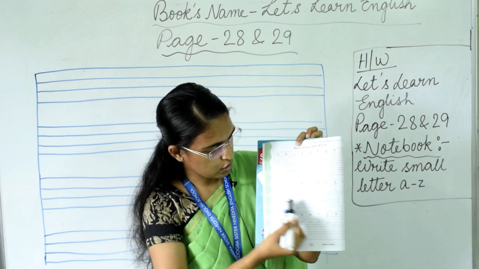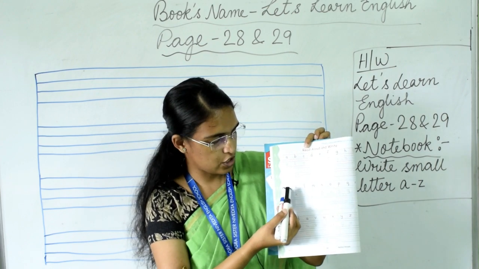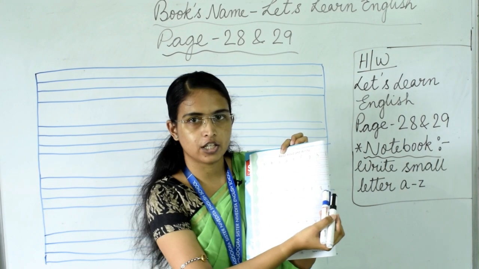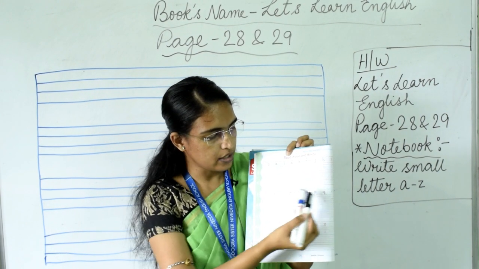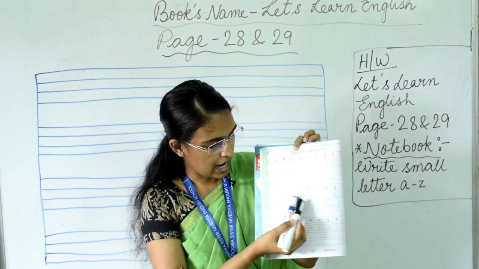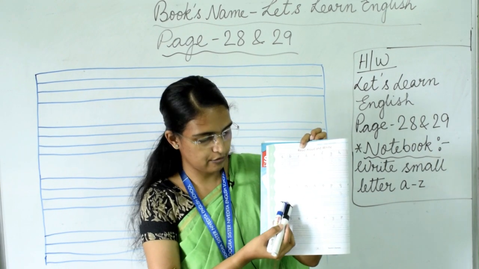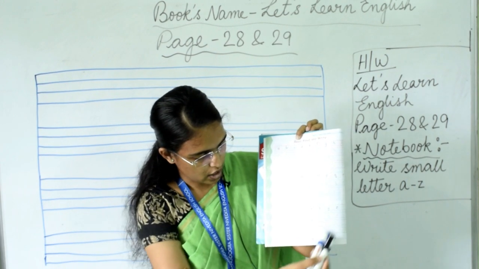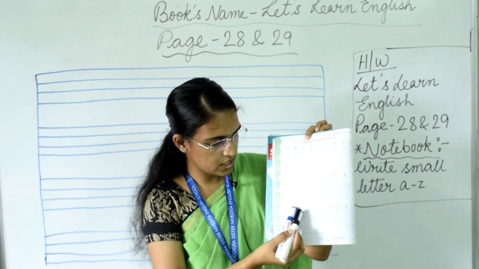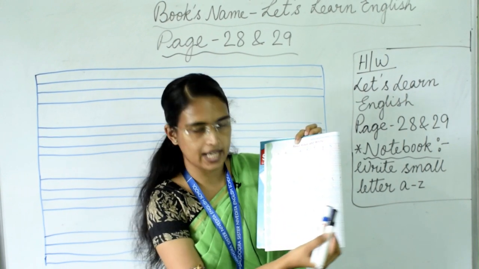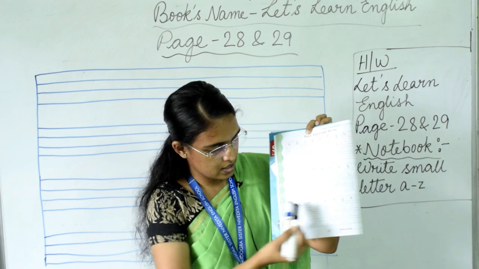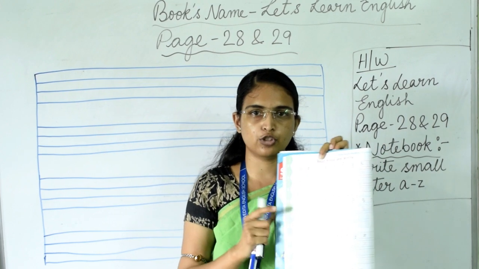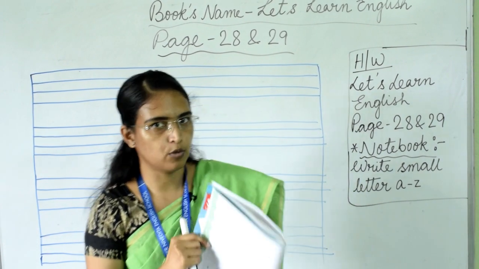In this box which letters are there? J, K, L, M, N, O, P, Q, up to Q, from J to Q. Okay, then you have to trace these letters, then you have to write it by yourself. Then after this, in this box which letters are there? S, T, U, V, W, X, Y and Z. So after reading these letters, trace these letters, then write it by yourself. Now I will show you how you will do this in your book.